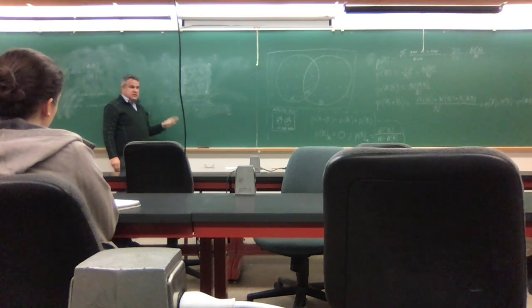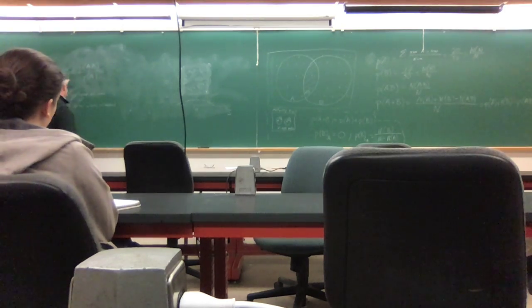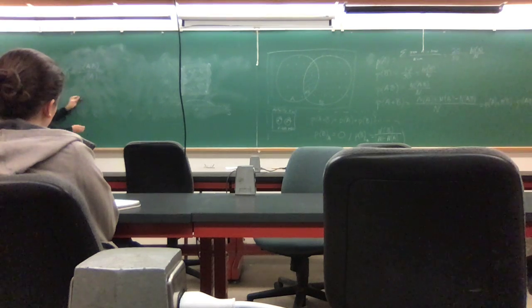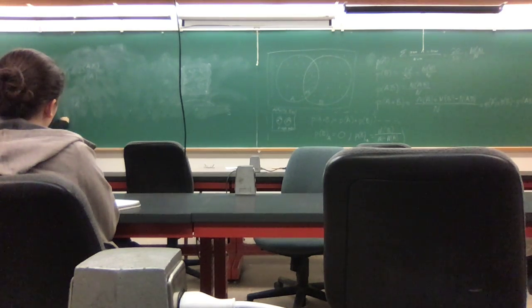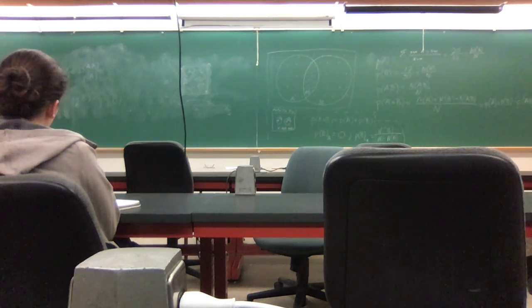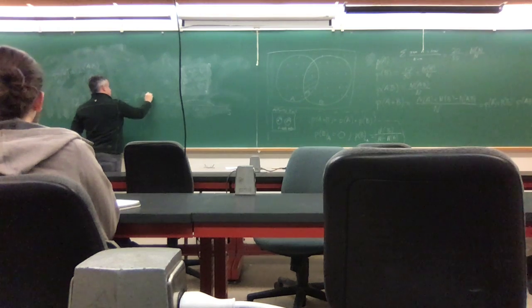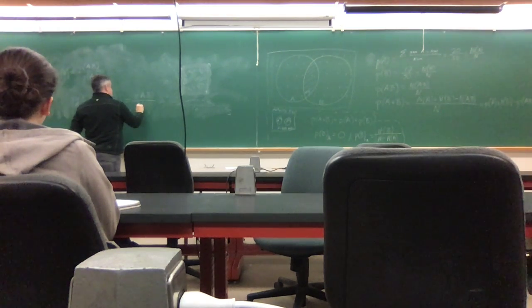How do I write independent in this language? I would say that the probability of B given A is equal to what? Still probability of B. It's just the probability of B. Unaffected. Okay. Well, what does that tell me about this formula? If probability of A given B is equal to probability of B, that is equal to, under all circumstances, probability of A times A and B over the probability of A,